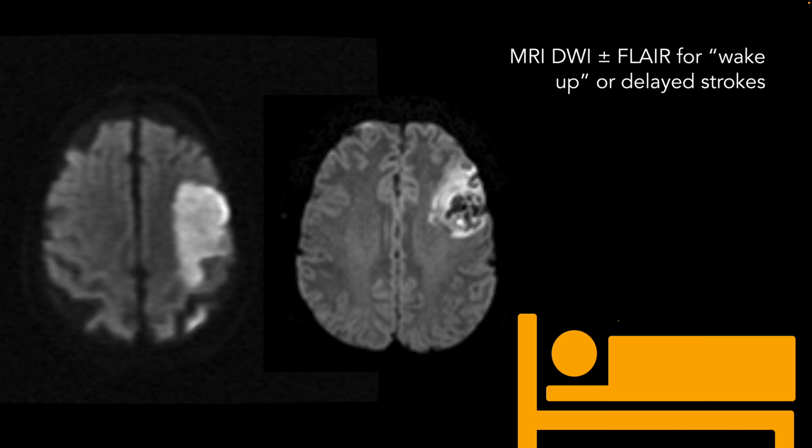Now, what about a patient who has woken up with a stroke, or you've been going down an alternate pathway, and anyway, you don't know the time, or the time is outside of the window for thrombolysis, which is 4.5 hours? Well, you can do a DWI plus or minus FLAIR imaging on the magnetic resonance brain for wake-up or delayed strokes. And what you can see here is the difference between a penumbra and a core. So this is a penumbra, potentially salvageable brain tissue from an ischemic MCA, right? And then here is far too much necrosis going on. So this is the core and the outer penumbra.